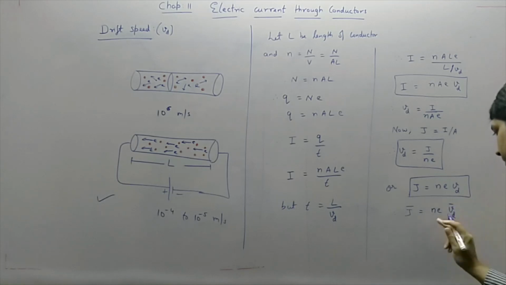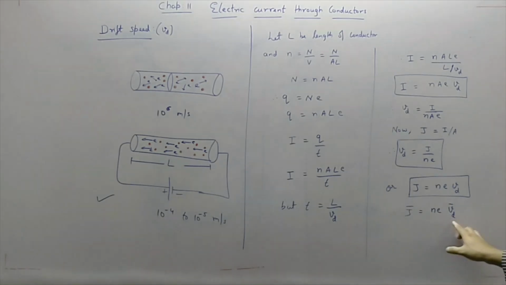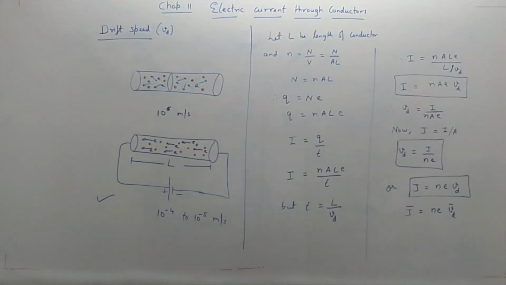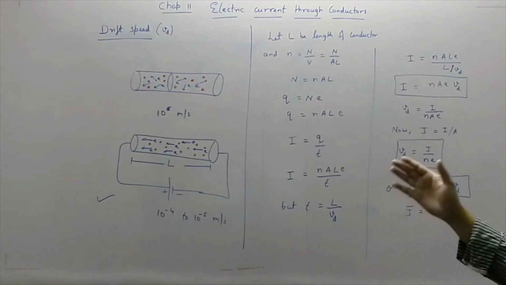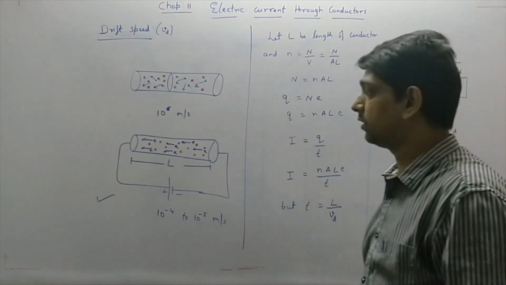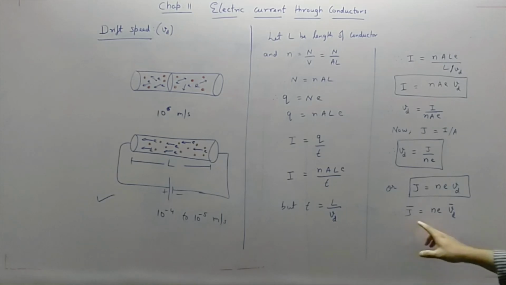It means current density and drift velocity are opposite in direction, because electrons move from negative to positive, which is their drift velocity. But conventional current flows from positive to negative. So the direction of current density and drift velocity are opposite, and e is the charge of an